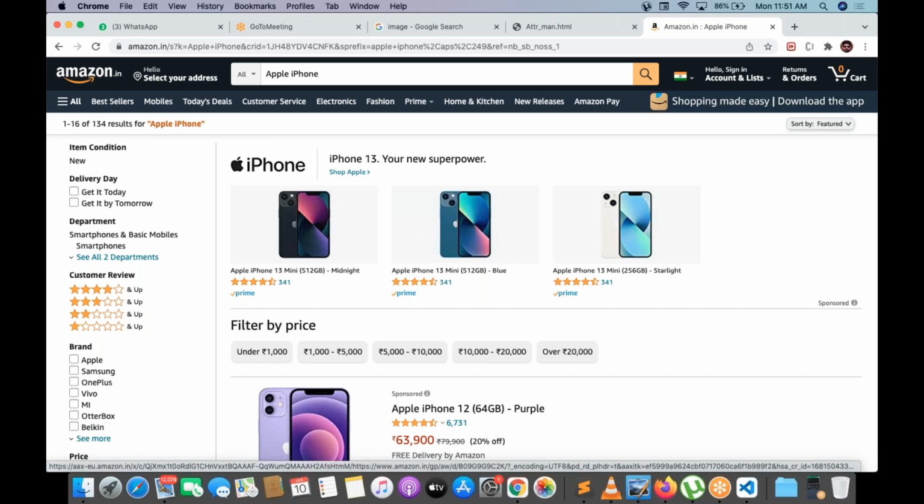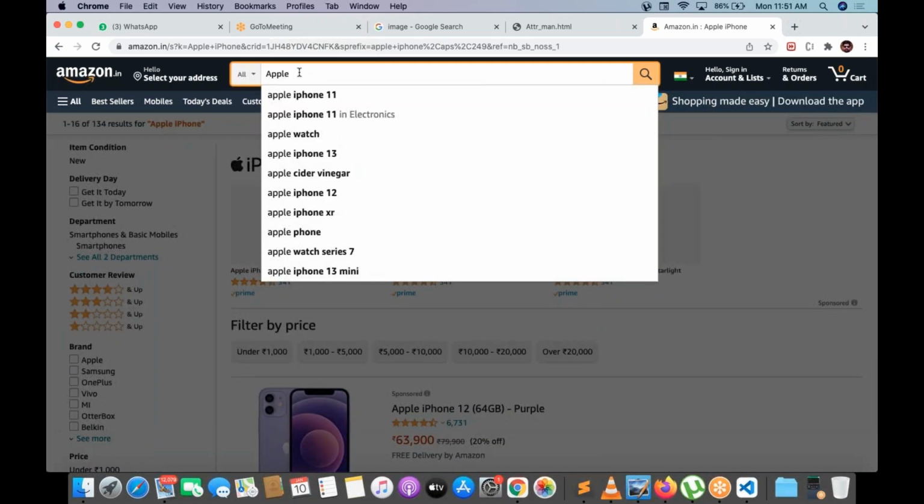Receiving and storing in the form of JSON is a very simple way. You can easily understand how the data is stored and what the key is for that. Key is nothing but Apple iPhone. Based on Apple iPhone, I can get a number of records.